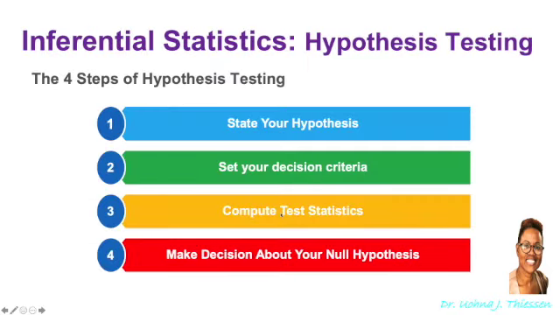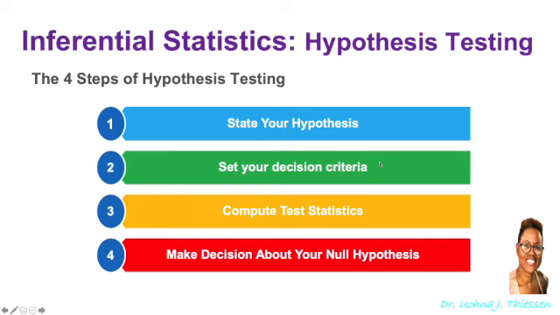right? And these are the 4 steps involved in hypothesis testing. You would state your hypothesis based on your research question: your null hypothesis, nothing's happening, no change, no effect. And then you would also state your alternative hypothesis, which is there is something happening, there is a difference, there is a change, there is something statistically significant occurring as far as the results are concerned. Then once you've done that, you're going to